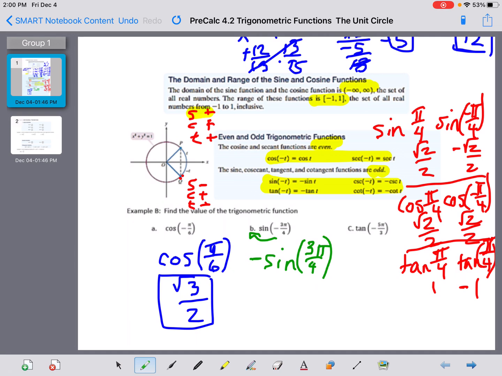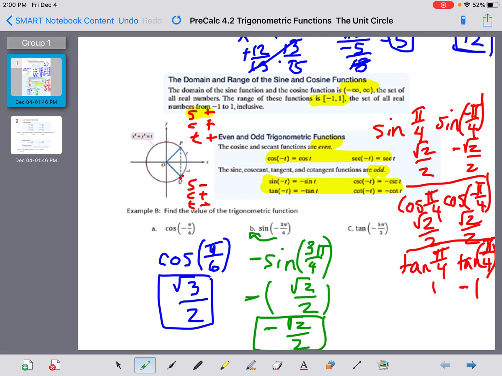Yeah, because it's less than 1. So it's in my second quadrant. And anything pi over 4 has a radical 2 over 2 for its value for sine. And sine in my second quadrant is positive, okay? And then I have this negative hanging on the outside, so my final answer is negative radical 2 over 2